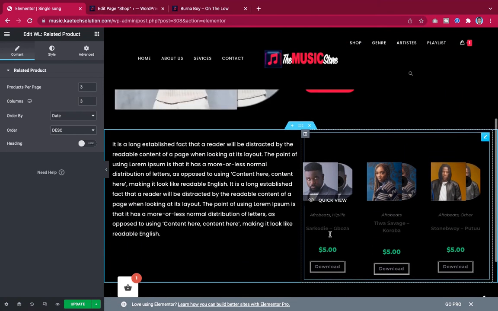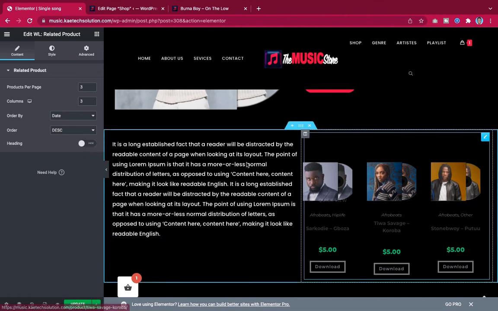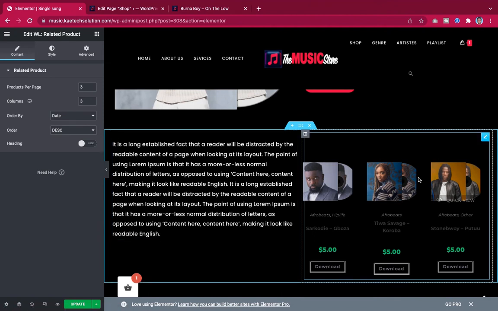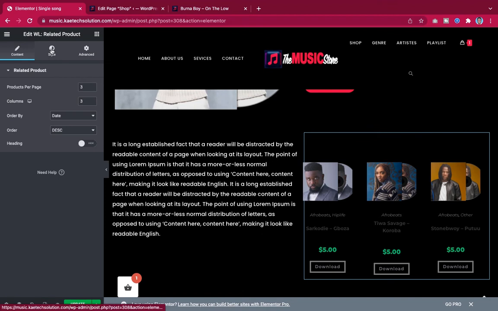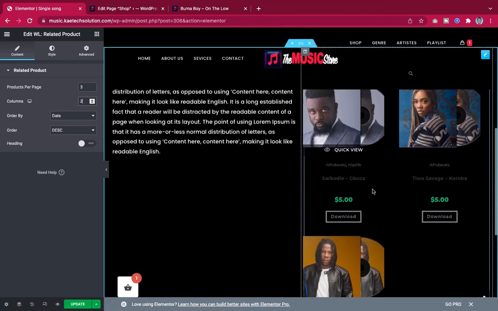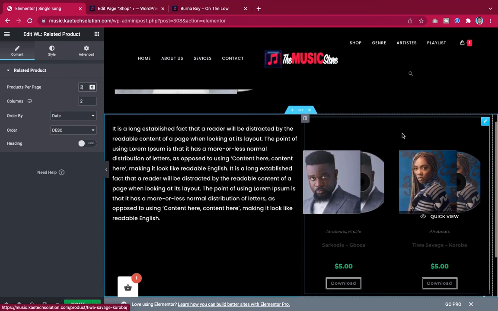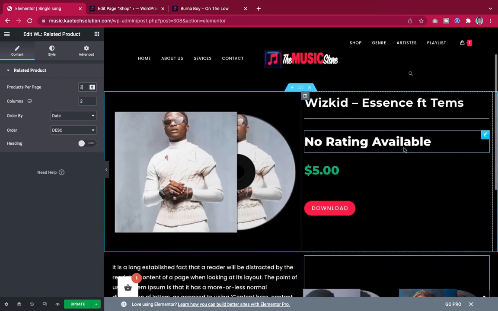Okay, and then we can decide to style it the way you want it. Or if you want just 2 columns with 2 products, you can also do it, depending on how you want it. So I just think 2 columns with 2 products is enough, and then you can